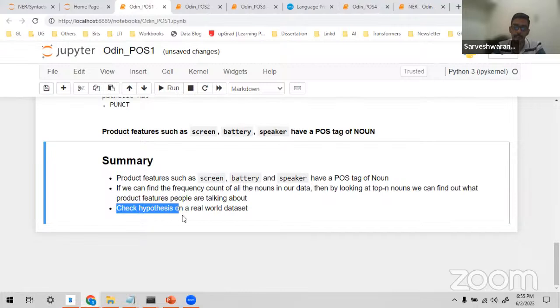As an extension, I can check a hypothesis on real world data. If I extract all the tweets about an Apple product, or any movie review from the Twitter feedback, there is a connection from which we can download all the tweets with a given hashtag, hashtag Apple, hashtag Android, whatever hashtag you give.